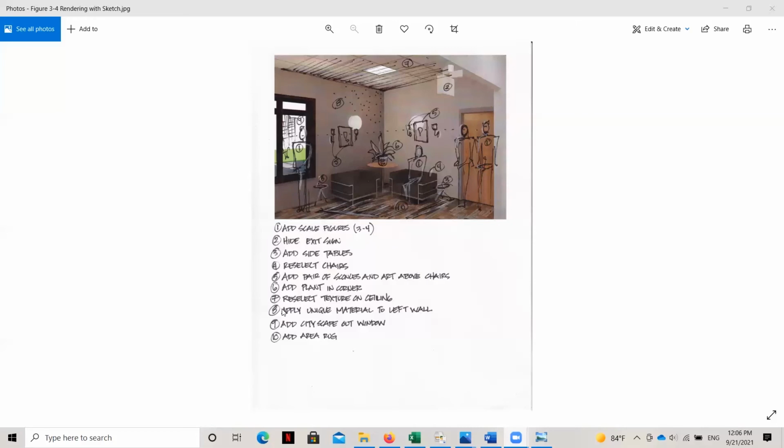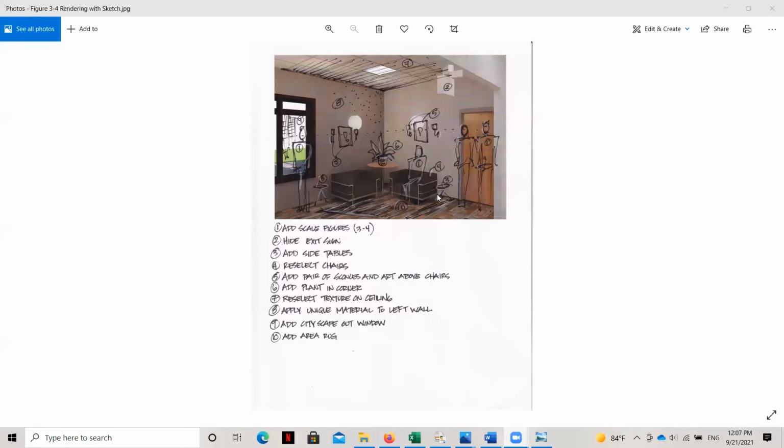Now, imagine that you had printed out this Revit rendering, the original one that I showed you that didn't have any of the sketches on top, and you wanted to present to your manager some ideas to make this presentation drawing even better. Since it takes a little bit of time to start adding these extra elements in, it's helpful to show your manager a sketch like this that says, this is what I think we should add. Do we have time? Do we have money in the budget to continue to work on this? These are the ideas, if I have time, that I'd like to add to it.